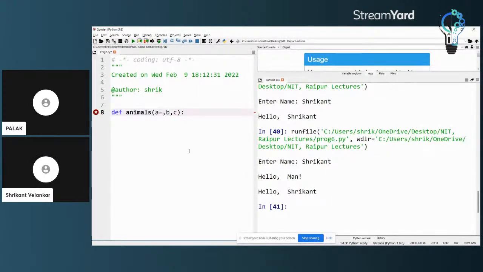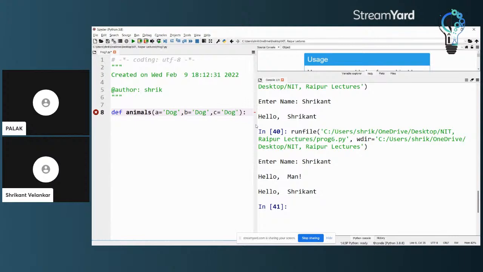A is a dog, B is also a dog, and C is also a dog. So in general, for all passing parameters, my default value is going to be dog.